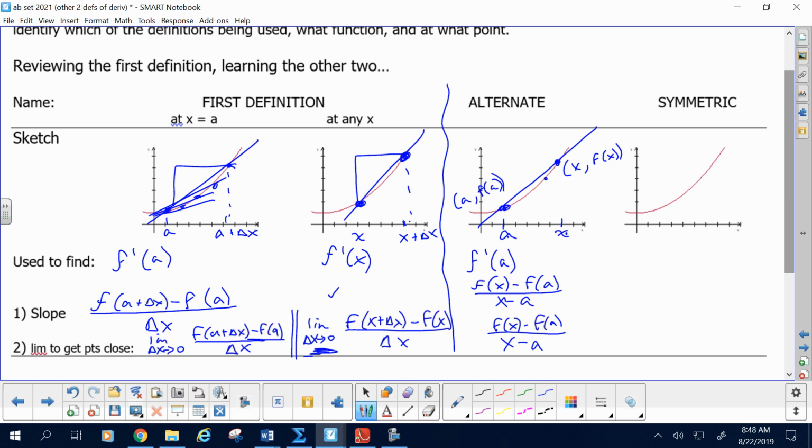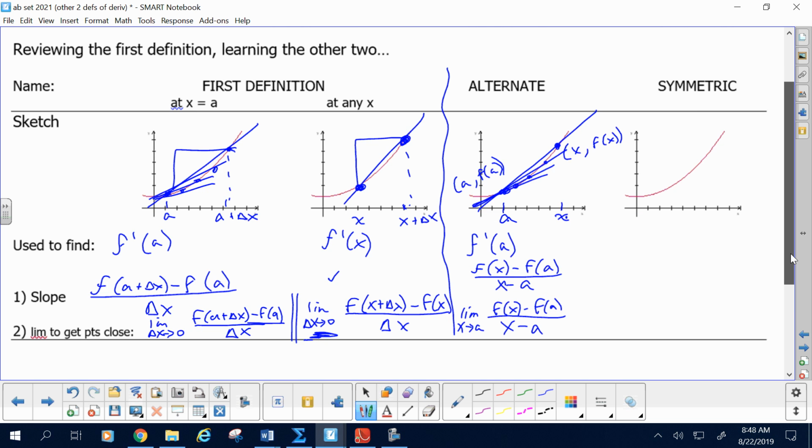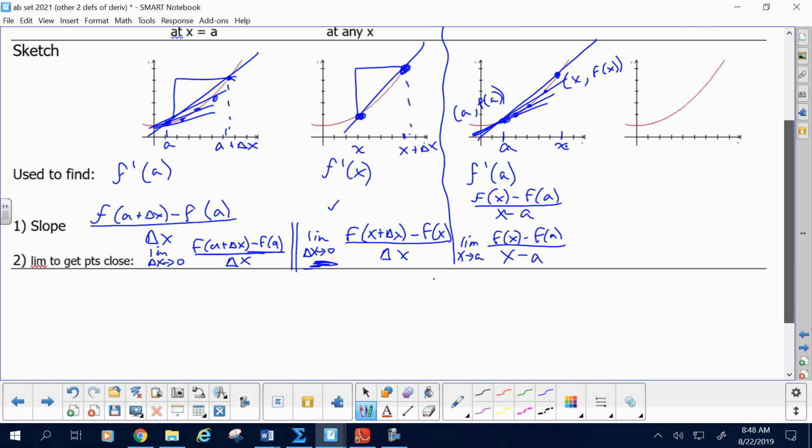If I move x a little closer to a, and a little closer to a, and a little closer to a, well, then I'm starting to get a tangent line. So how do I move x closer to a? X needs to approach a. So for example, if I saw this limit,